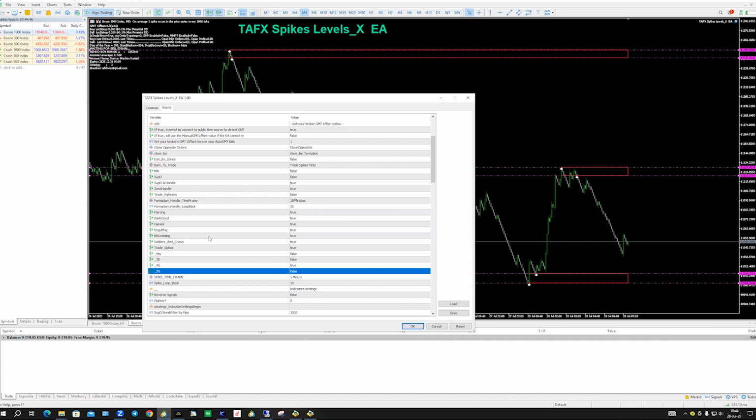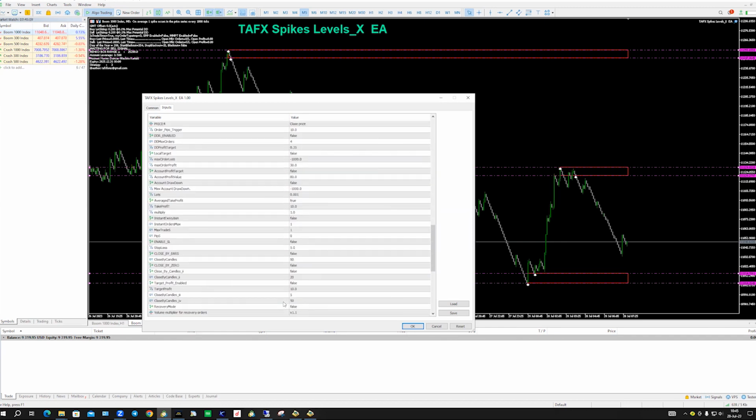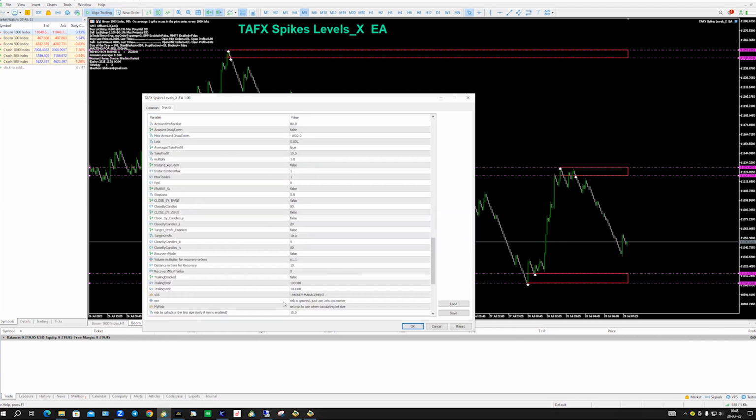So it is good to follow the video so that you can understand fully how to set them, because all of the spikes EA settings are very similar, they are almost the same. You know how to minimize them. Remember, there is a way you can set them. If it has popped up, it has entered the market, and there is no spike, there is a way you can minimize your